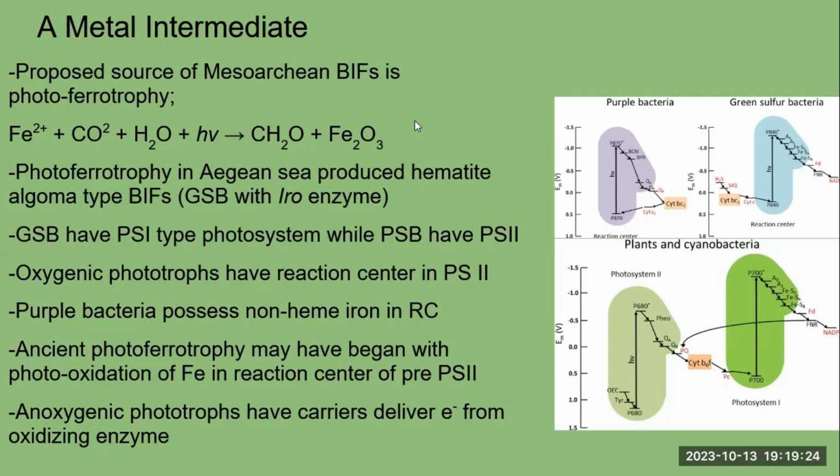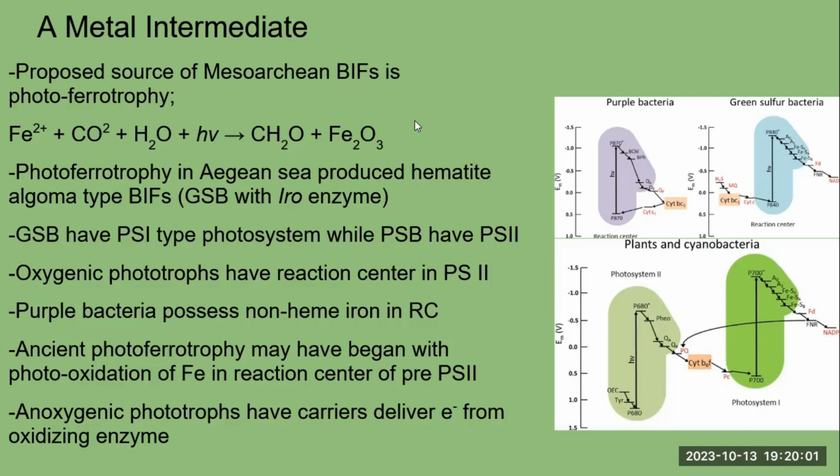Oxygenic phototrophs use two photosystems, PS1 and PS2, while the major groups of anoxygenic phototrophs each only use one. Interestingly, the purple sulfur bacteria have a photosystem which closely resembles PS2, while that of green sulfur bacteria resembles PS1. Oxygenic phototrophs split water in a reaction center within photosystem 2, while purple and green sulfur bacteria have enzymes take electrons off hydrogen sulfide, which is then brought to the photosystems by electron carriers, where it is then energized by